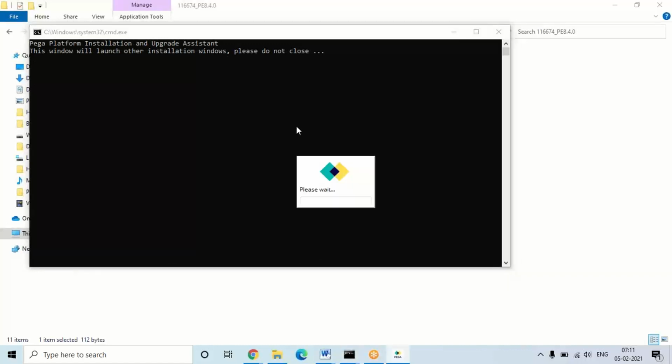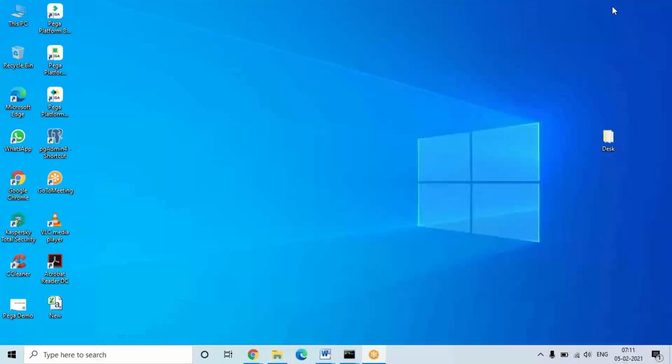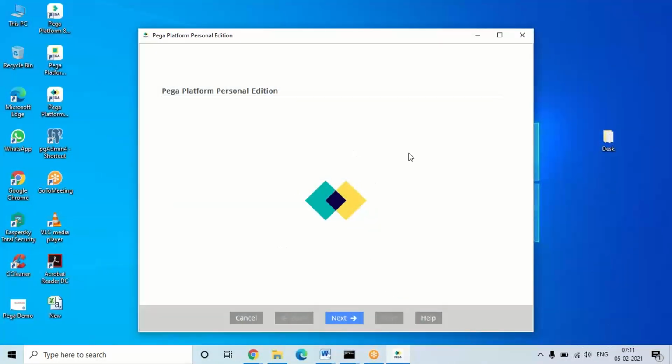Within a few seconds, you have to minimize this command prompt. Minimize that, so this wizard will display.